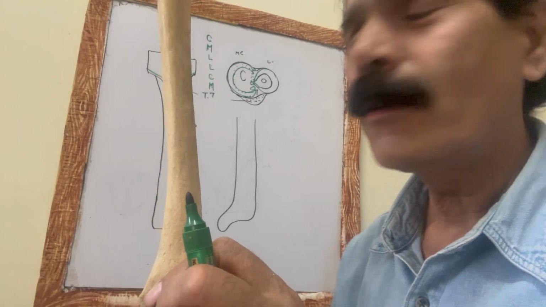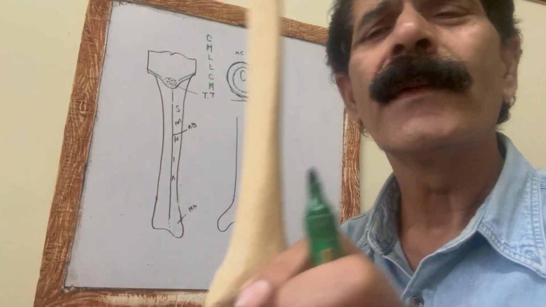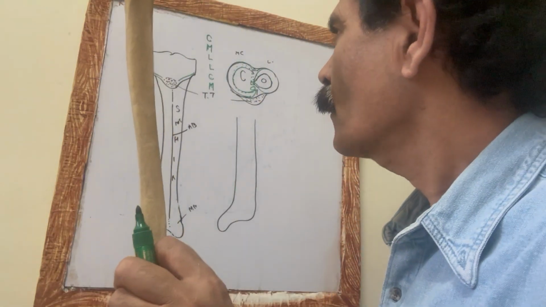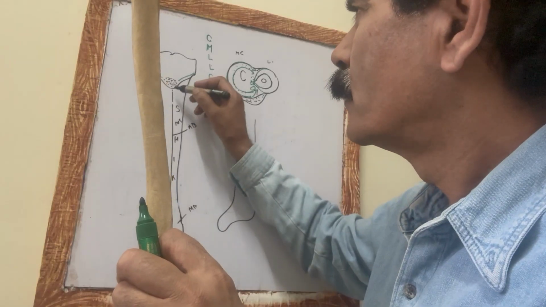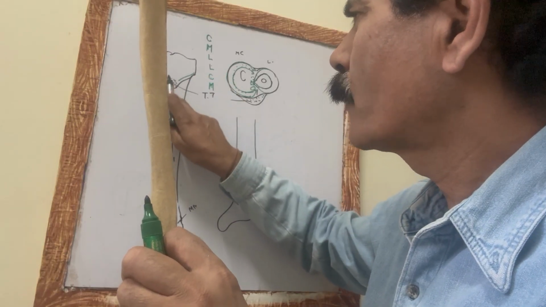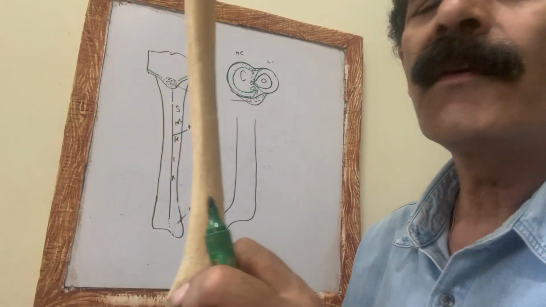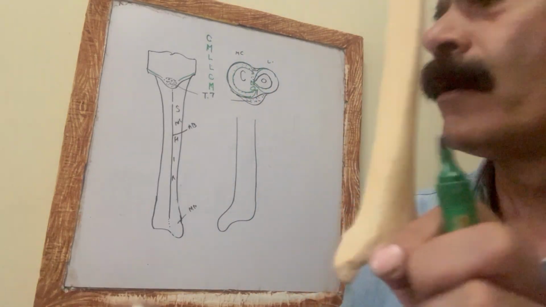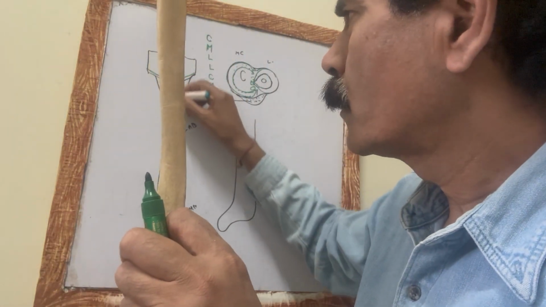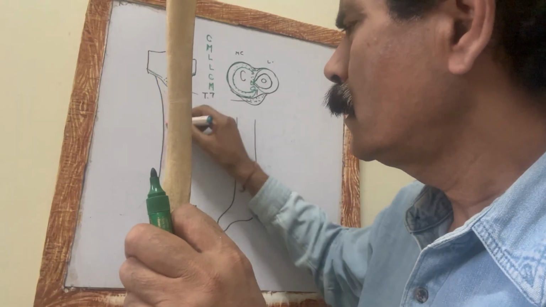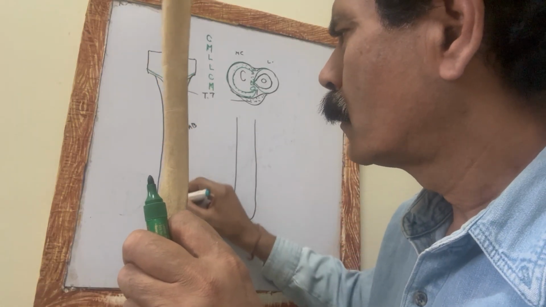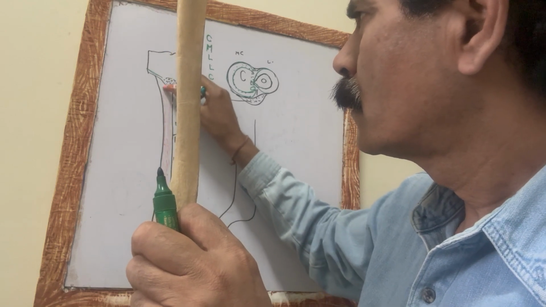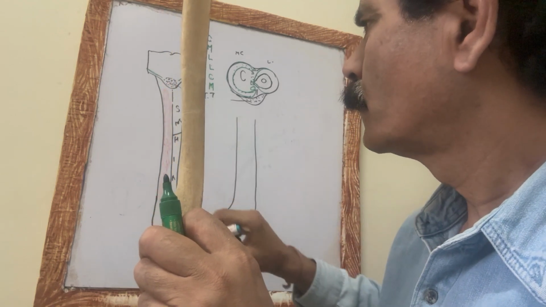The tip of the malleolus below gives the attachment of the deltoid ligament. And the lateral surface of the shaft gives rise to the origin of the muscle called the tibialis anterior. So the tibialis anterior muscle takes origin from the lateral surface of the tibia.